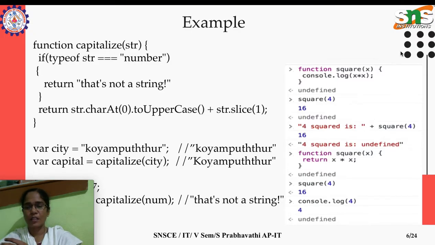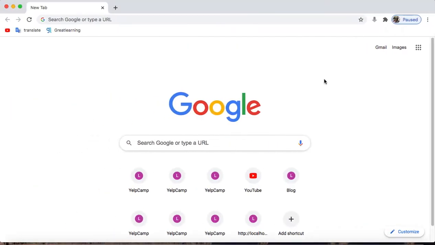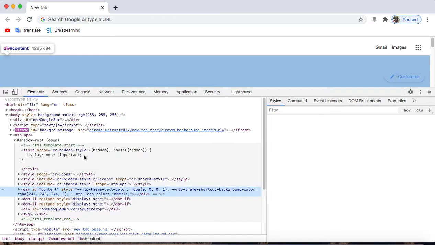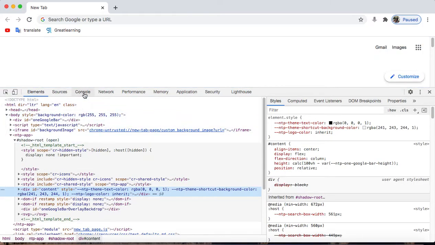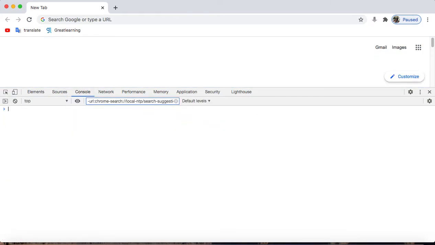Here are some examples, please explore them, and of course I'll take you to the JavaScript console to show you how to write functions. Go to the Chrome browser, open the console, and start typing.